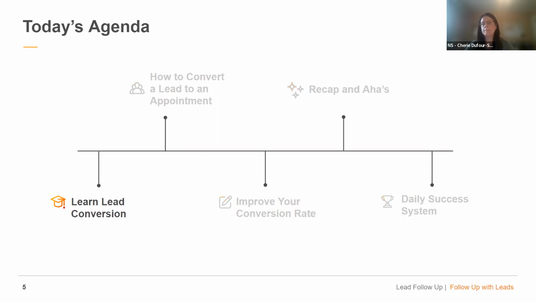Okay, so like I said, lead conversion is a very essential part of the follow-up process. Often people assume that lead generation and lead conversion are the same, but that's not the case. Lead generation is when you turn activities, which is your prospecting and your marketing, into actual leads. But conversion is what happens after that lead is captured and is part of the lead follow-up process. So it is unique because these are the activities that turn your leads into appointments with the end goal of getting to a transaction. Okay.